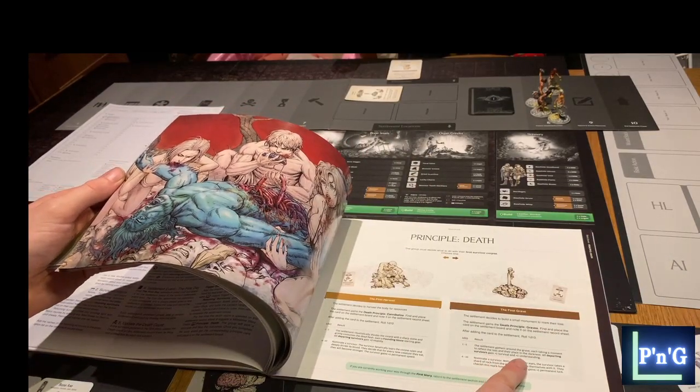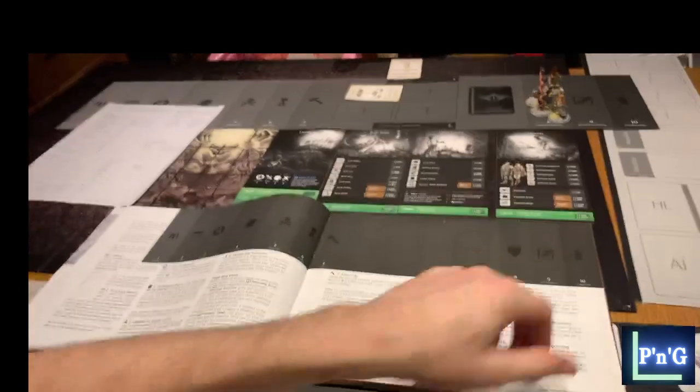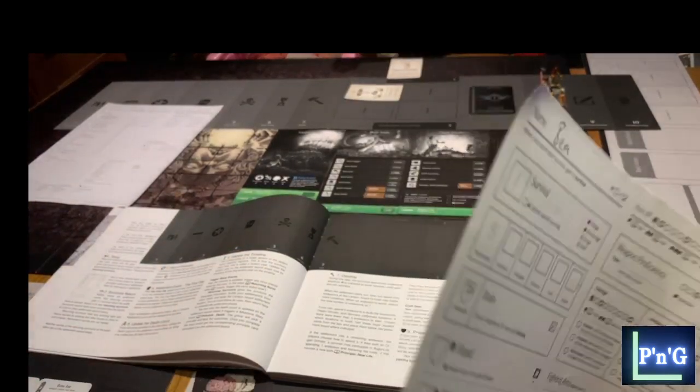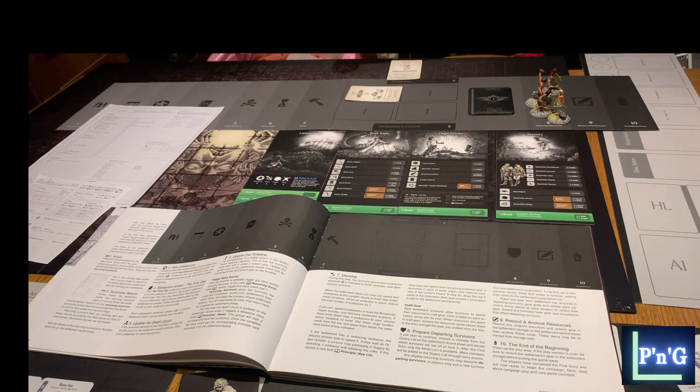+1 survival, +1 understanding. All departing survivors gain +1 survival, +1 understanding. So, B's not going. She's got to skip the next hunt phase. So actually, she isn't going. So we're going to grab another sheet, which I did prepare, and I don't know where I put them. Here we go. So I'm going to grab another sheet,